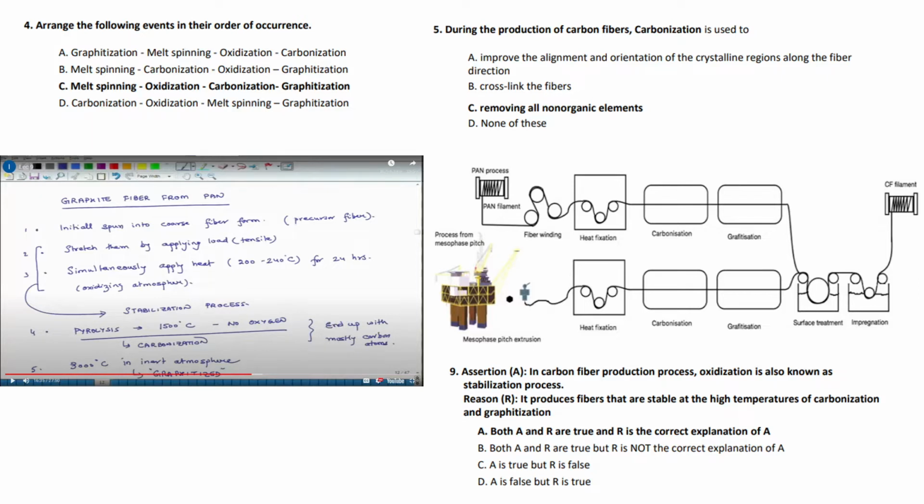However, we initially need to stabilize them in order to ensure that they would not be degrading if we are increasing the temperature up till 1500 degrees Celsius. And graphitization is another process. In this also we heat them up to a very high temperature, and thus before treating the carbon fibers to high temperatures, it's quite necessary to stabilize them. And thus the first statement, which is an assertion, and the reason which is given for the same assertion absolutely correlates, and thus it's answer one which is correct. That is both A and R are true, and R is the correct explanation for the first statement.